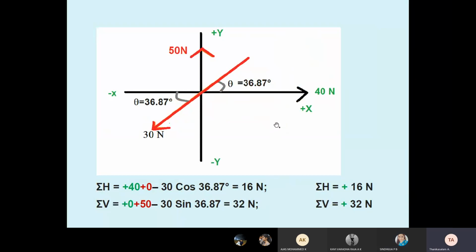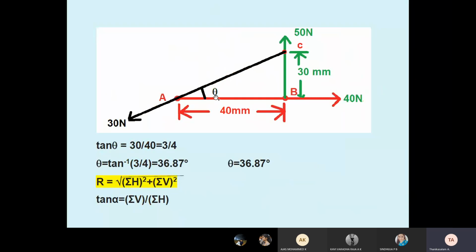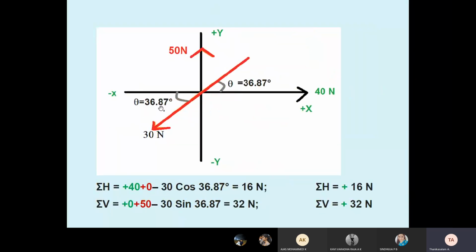For our problem solving, I made this diagram for our understanding. 40 Newton, AB, goes to the positive x-axis. 50 Newton, BC, goes to the positive y-axis. Then the 30 Newton is inclined with respect to the x-axis. That's why we initially found theta. It goes to the third quadrant. Yesterday I gave the PDF also. Students, be careful. You see the arrow mark. It goes to the third quadrant with respect to the x-axis, so I convert with respect to the x-axis. You know alternate angles are equal, no? You studied that mathematical theorem, alternate angle theta. You have converted. Now see here, three forces.